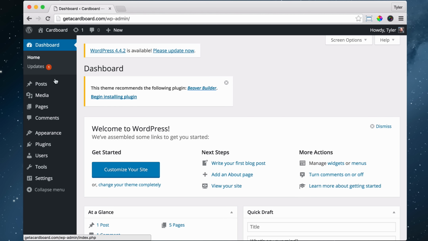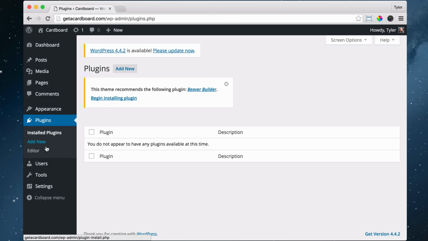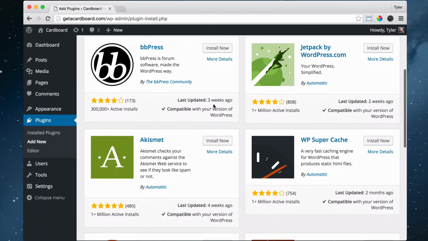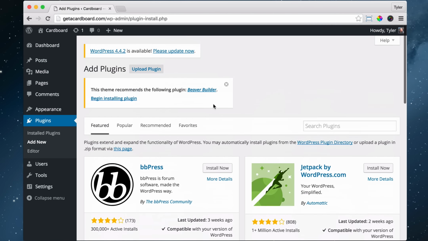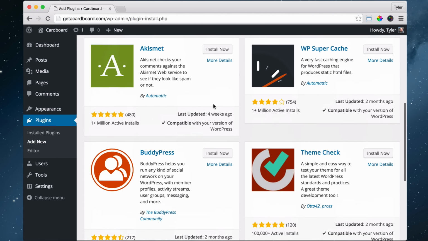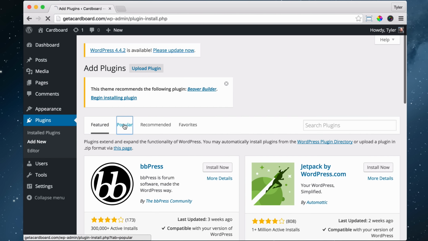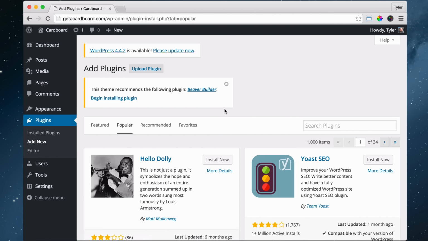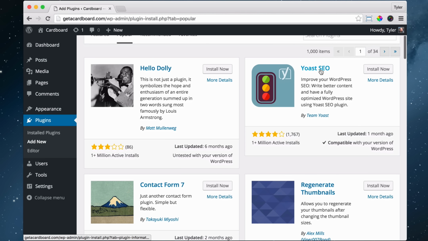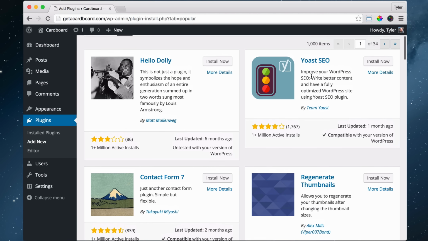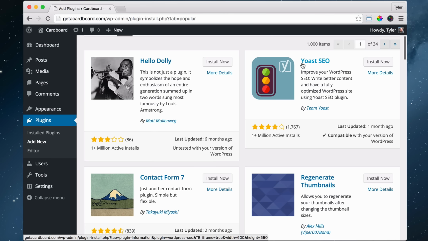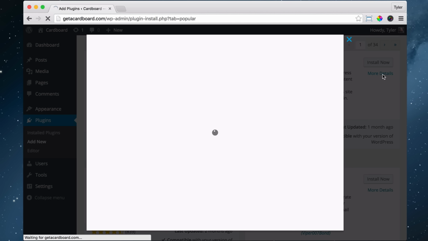So you go to the dashboard and you click on plugins and you press add new, because we're adding a new plugin. So here are some of the recommended plugins that WordPress has, and we can go to popular and we can see the most popular plugins. Okay, so we have Yoast SEO. So this is how to get your website ranked higher in the search engines, and we can see the star rating, and we can go to more details,